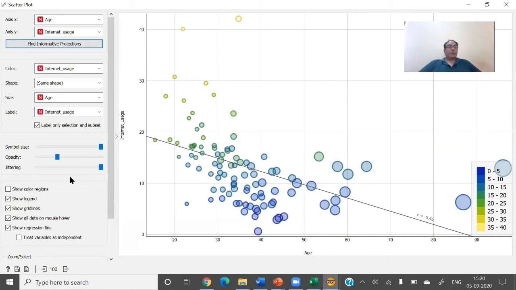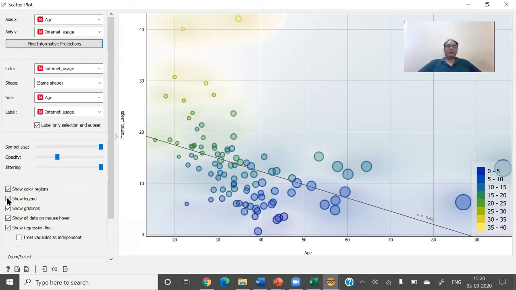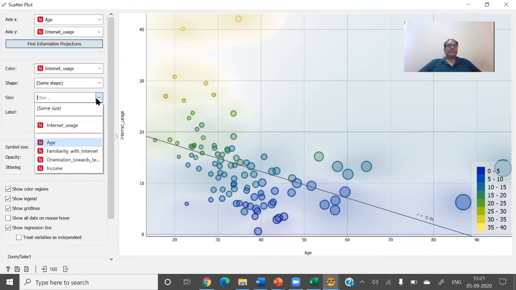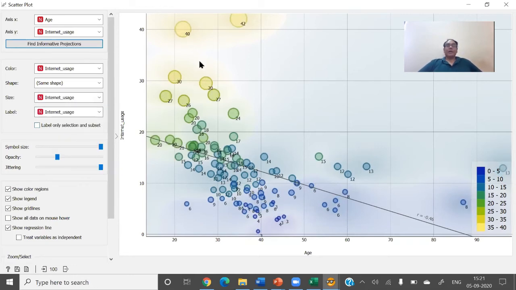Okay. Now we are having some options. So you can make beautiful charts, and you can include legends. So this is called legend, and you can have grid lines or no grid lines. Label size. So size, I think we should basically use this. You can see that the size increases with the age, but we want to show internet usage. I think this chart is looking better, because in this case, a bigger circle means more internet usage, which we actually want.